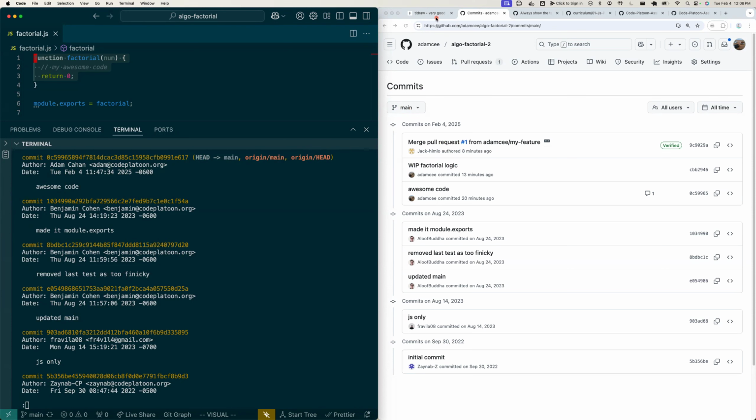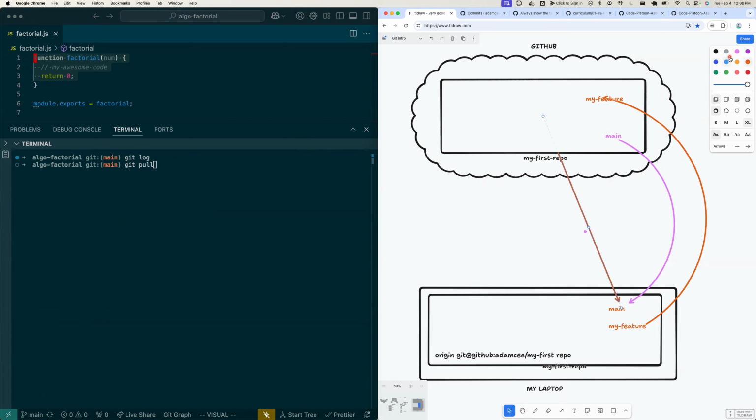So what I need to do now is run this command, git pull. And what that's going to do is pull down, and let me make this arrow purple if I can,